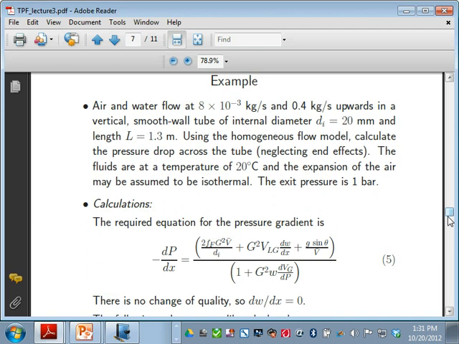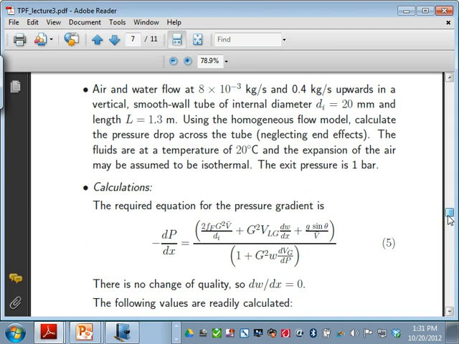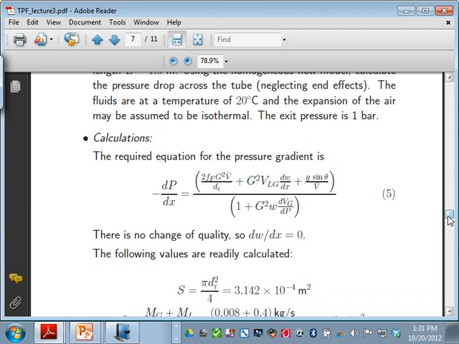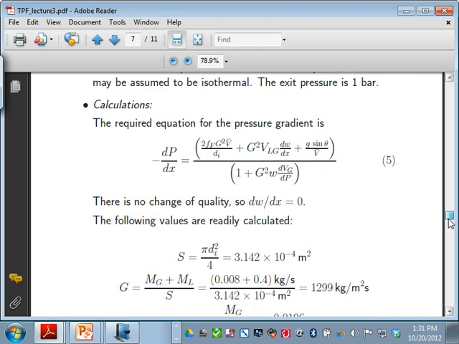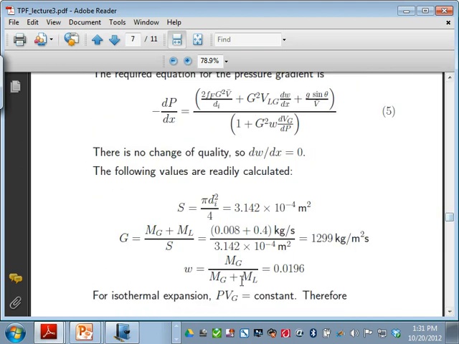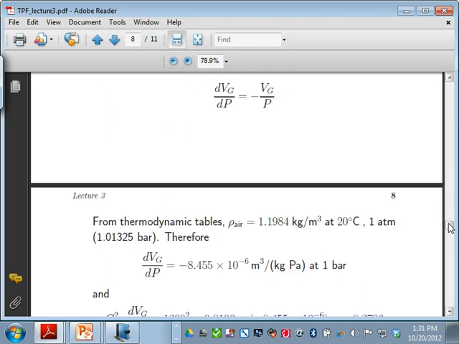So I have to calculate the pressure drop. This is the equation that we need to use. There is no change in quality, so first this term can drop out here. Then the following values are quite easy. S is the area, M is mg plus ml, I think G. We can calculate G, we did that just now. Can calculate the W, no problem. For isothermal expansion,